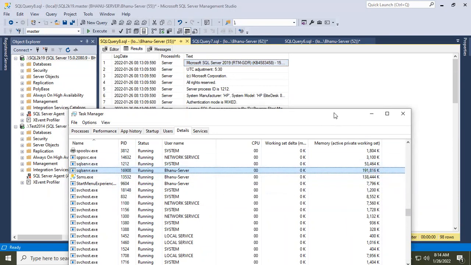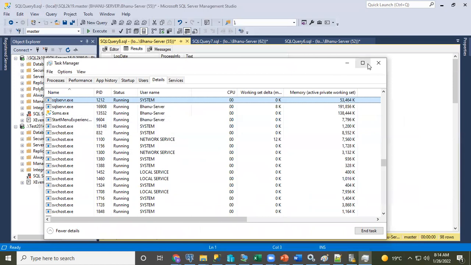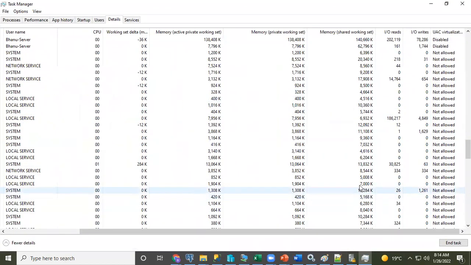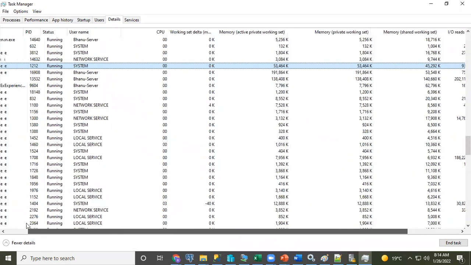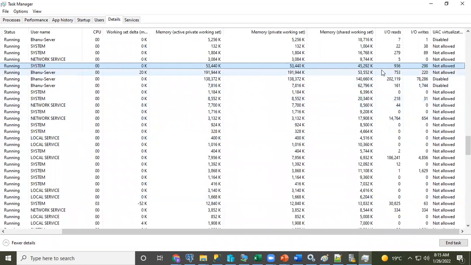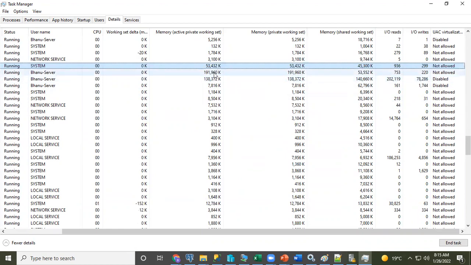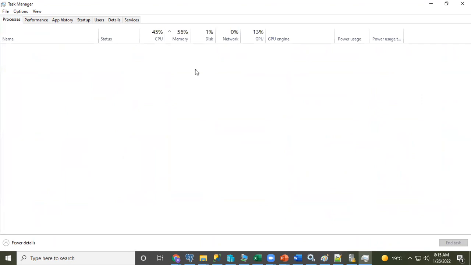You see the memory utilization for each sqlservr.exe. The second one is showing comparatively high. It doesn't mean the memory is not allocated. Though we allocated memory for SQL Server, the task manager is showing only a small amount. If you go to the process,